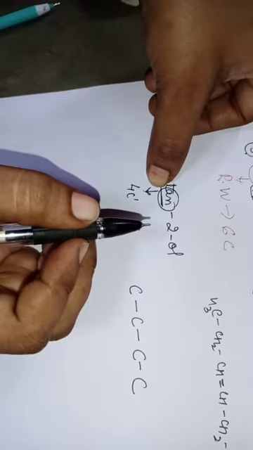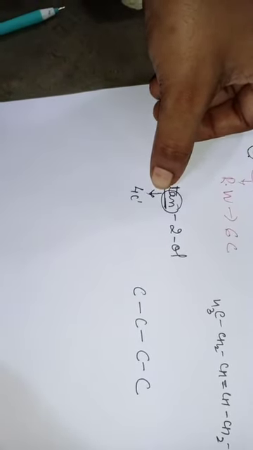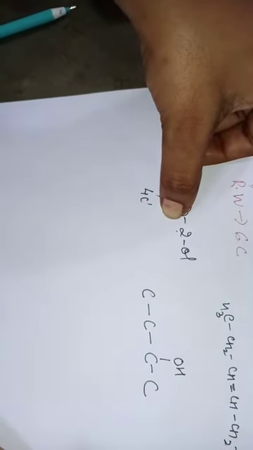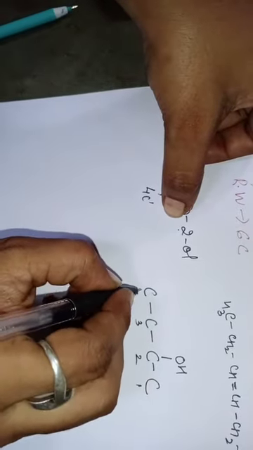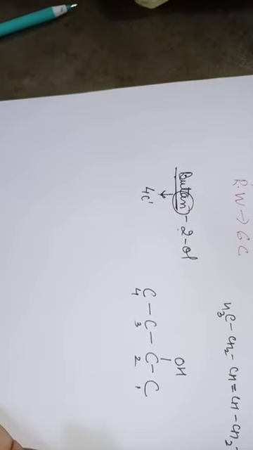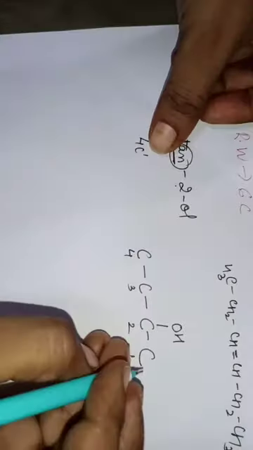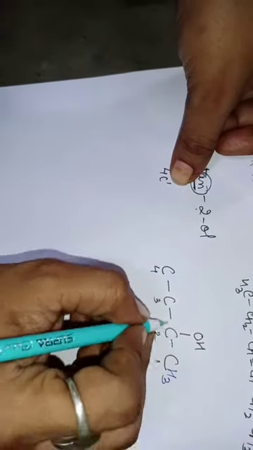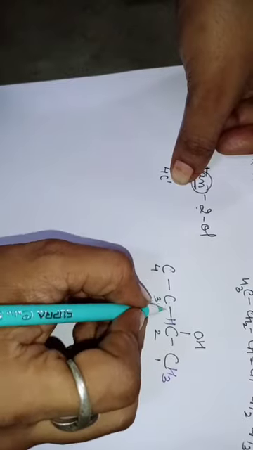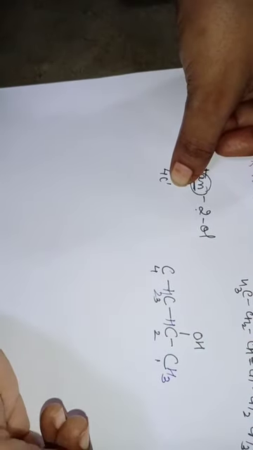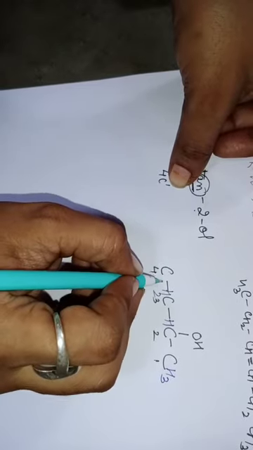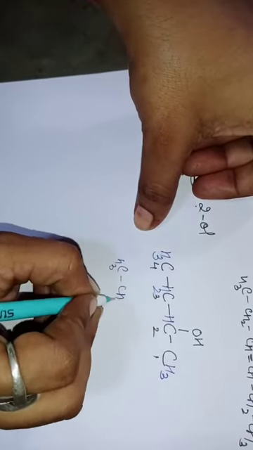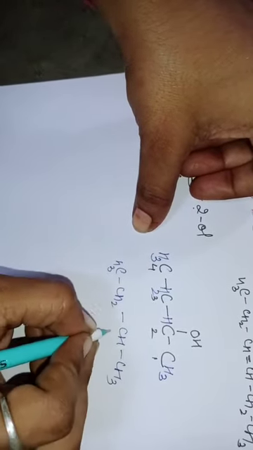An. The an is from ane. So that means the chain is single bonded. Then on the second position there is ol. Ol means alcohol, that is OH. So I am taking the numbering from this side, 1, 2, 3, 4, and on the second position I have put 1 ol. The rest of the bonds you will satisfy with hydrogen. Now the first carbon atom has only 1 bond, so 3 bonds with hydrogen. The second carbon has 3 bonds, 1 with hydrogen. Third carbon has 2 bonds, so 2 with hydrogen, and this fourth carbon has only 1 bond, so the rest 3 bonds with hydrogen. So the structure is CH3, CH2, CH, CH3 and 1 OH.